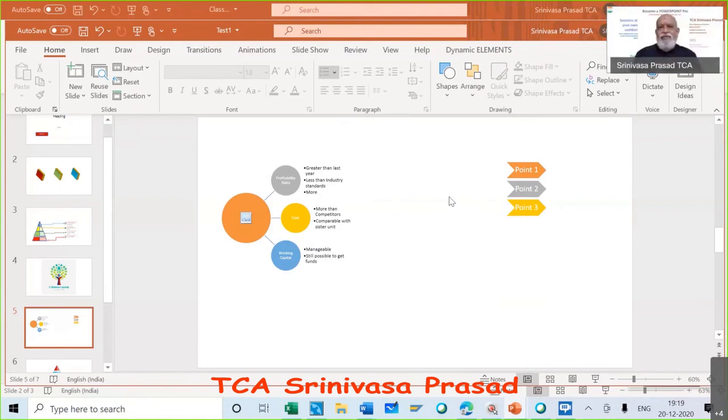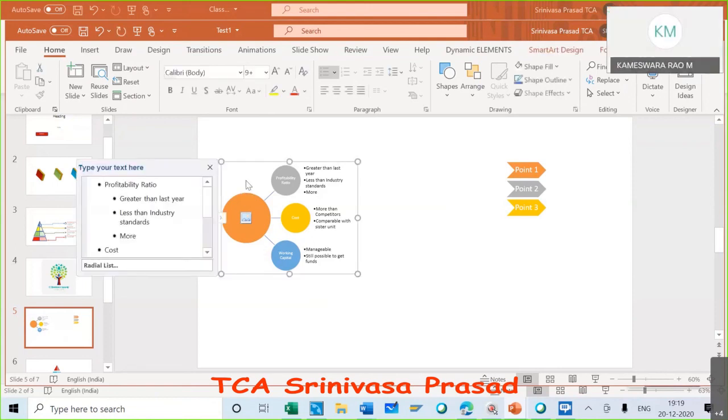See, the idea is whatever is the version, many people must be having it, but then they may not be using it. Correct. They may not be using it. So I was only trying to find out how to use all these things. That was the whole idea, sir. We should also know how to use it. When we have something, we should know how to use it also.